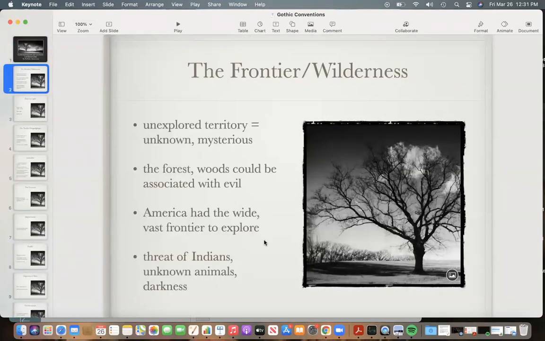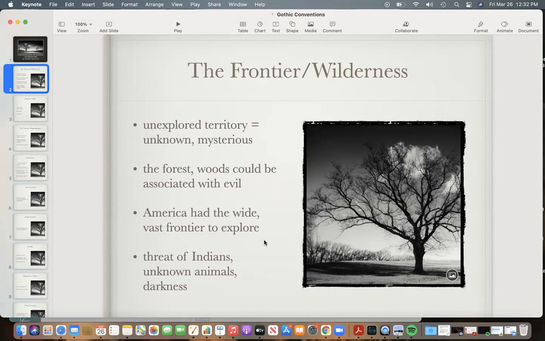The first thing, so these are conventions that we see in Gothic literature, which means these are like themes or motifs that kind of crop up and that it's easy to recognize in Gothic literature. So the first one is the frontier or wilderness, and that is a lot more of an American thing than a British thing. I used the same presentation in my American Lit class, which is English 3, but it still applies in some ways. Like obviously with America, you have like the unexplored frontier and stuff, but it's still definitely applicable to British literature because there's always going to be unexplored territory.